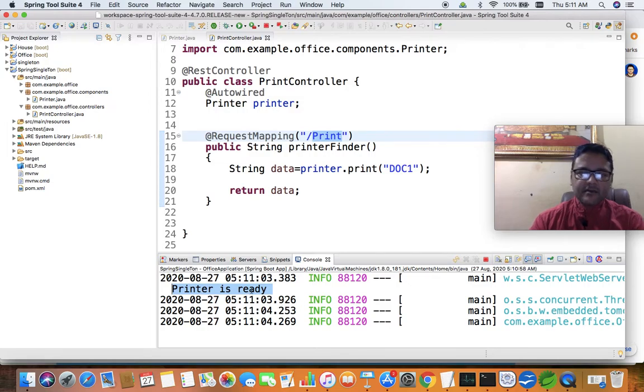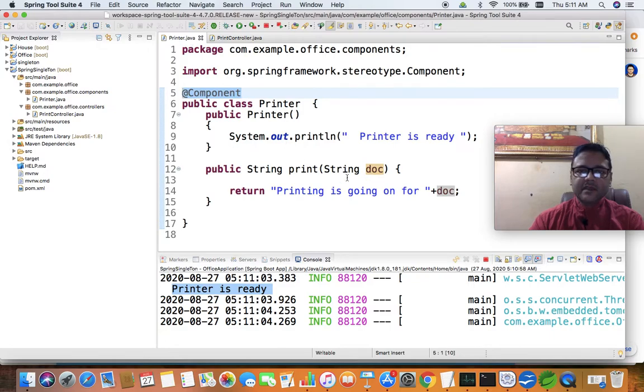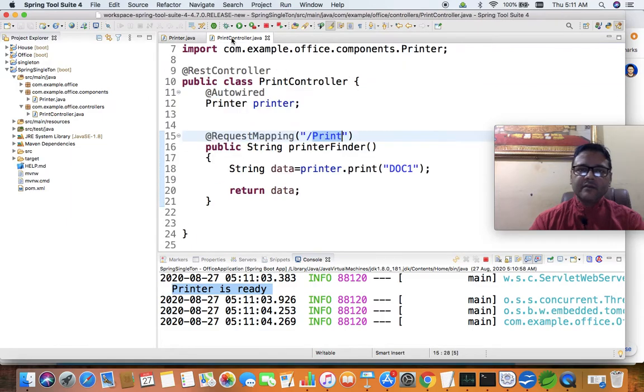But this line which is inside the constructor of the printer class came in the output window also. We have not called the new keyword. We have not called the constructor explicitly, but still this line came. Okay. Now we are sure that the printer object is created, and only once. That's what a singleton design pattern is.